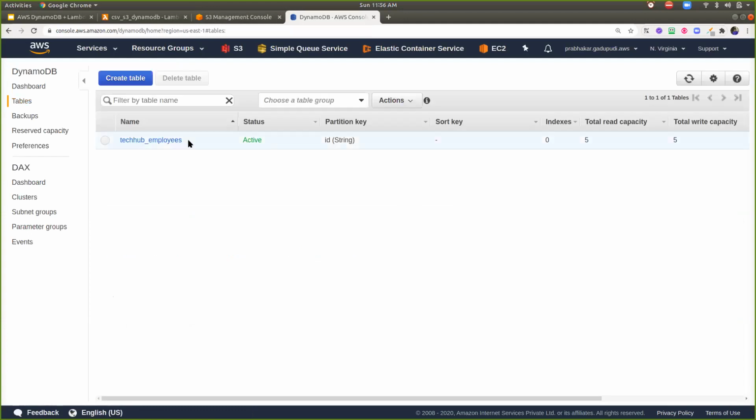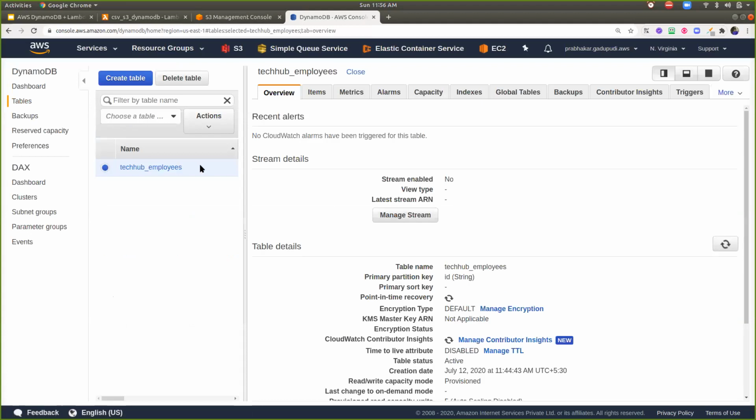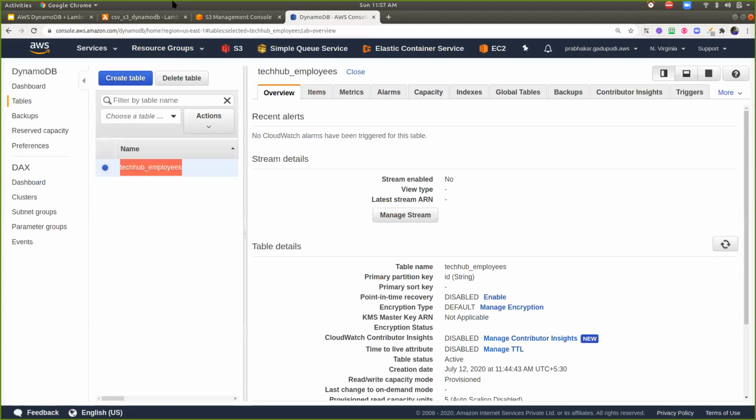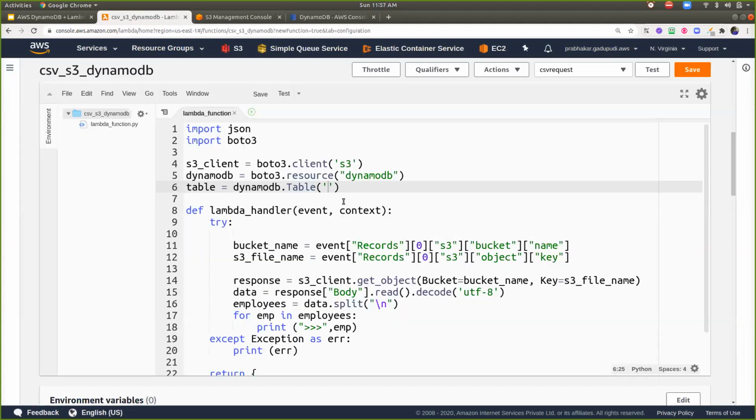Go to the tables. Here you can find that tech hub employees is the table name. You can copy the name of this table. Go to the lambda function, and inside this lambda function you can specify that here is your table. Okay, now I created an object for the table.